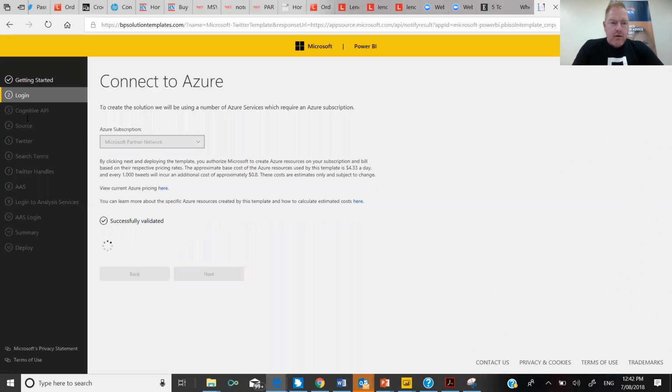This next one, you can see the steps we're traveling down top to bottom. It's going to ask us about cognitive APIs. These are the AI abilities. It'll come back in a sec.